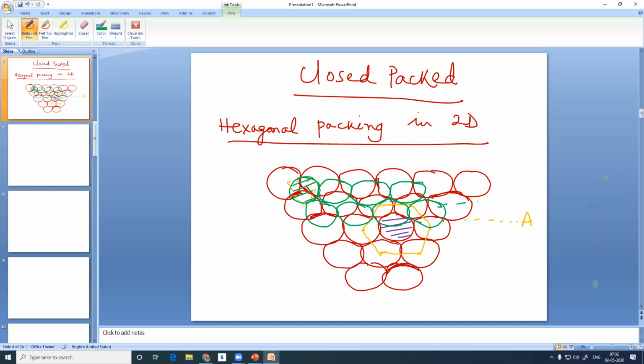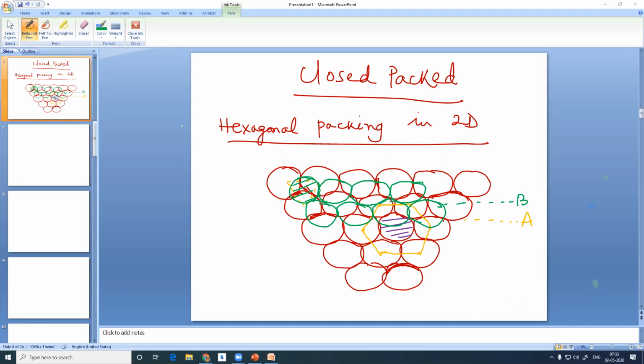We have already developed the B layer, the second layer, over the first layer, AB. Why the name B? Because they are not corresponding. In simple cubic, they are all one above the other, A. But here, they are not corresponding to each other. They are shifted, in a different location. So it is called the B layer. In developing the second layer, stacking one layer over the other, we are using the groove created by three spheres.